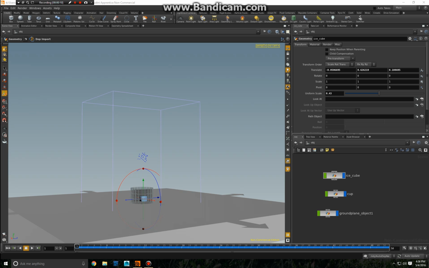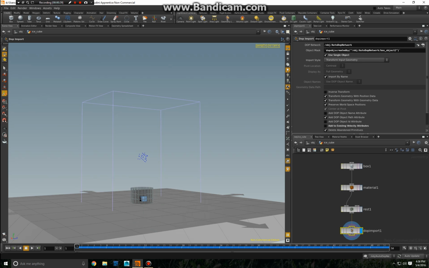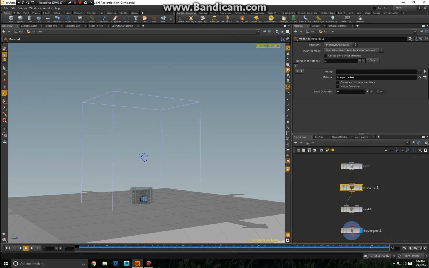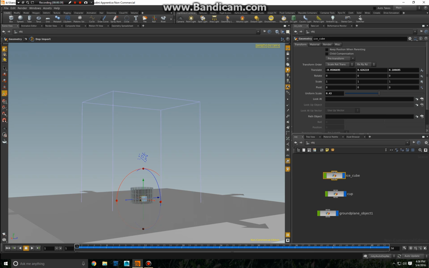So the first thing you want to do, and what I feel is a good system to make a basic setup, is we just make a box. You of course need it to look like ice because this is our object that's going to be hit. And then you want to turn that into an RBD object, hopefully for the particles to move it around. And you want something